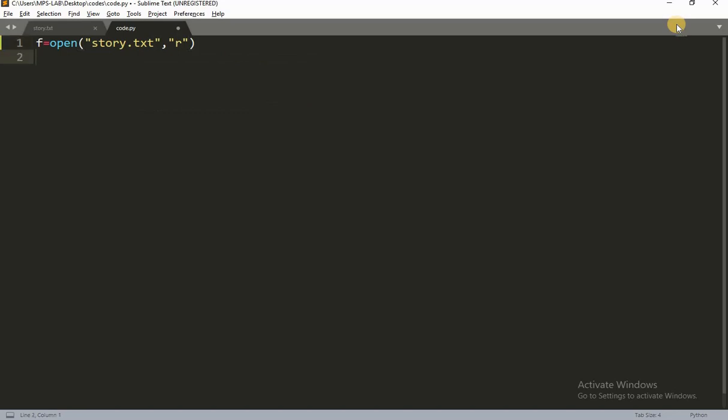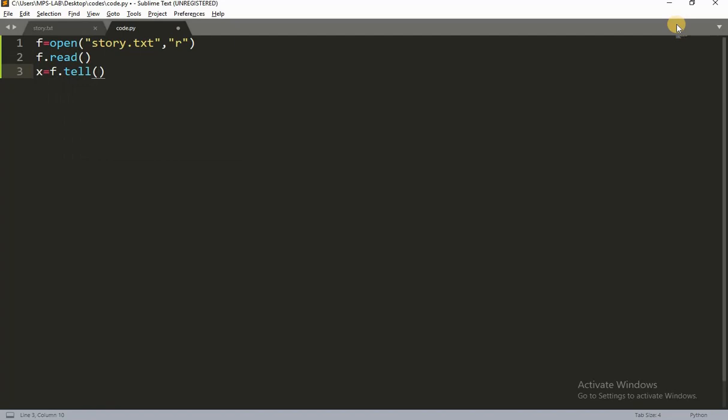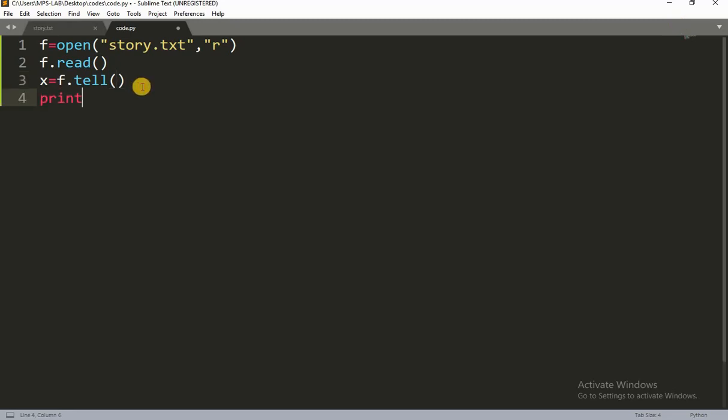Alright, we read our file and let's say x equals to f.tell. So what f.tell function will do, it will tell the current position of our pointer in the file story.txt. But we have not printed yet, so let's print that function, print x.